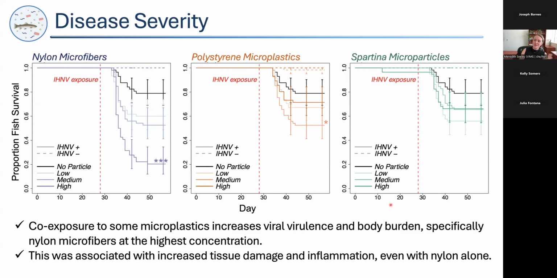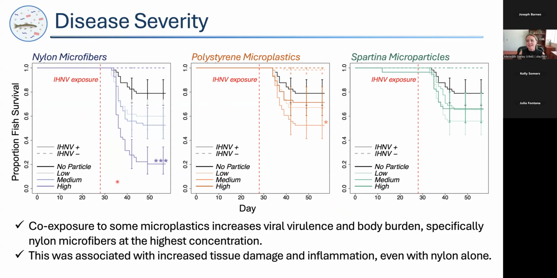So just like in our sediment situation, I didn't have a lot of time to dive into data, so these are the only graphs I'm going to show you from this research. What you see here are 3 survival curves for each of our different types of exposure: nylon, polystyrene, and Spartina from left to right. If all the fish survived, then the line stays up at the top of that y-axis over time for the duration of an 8-week exposure. And you can see that we expose fish to particles chronically over that 8-week period, with the introduction of the virus happening acutely at 4 weeks.